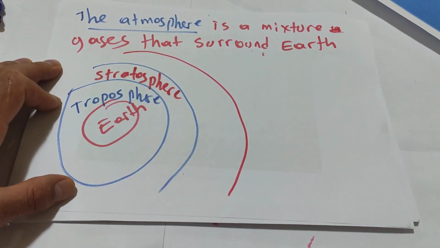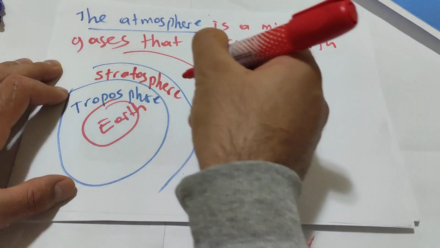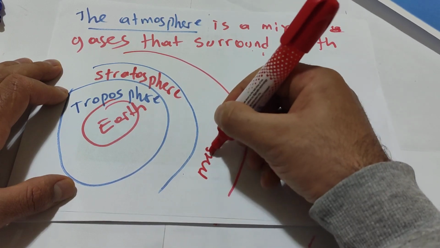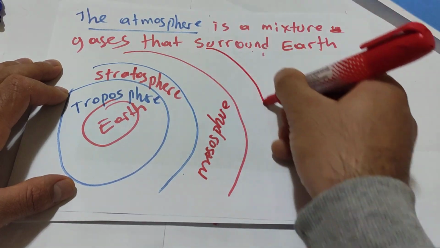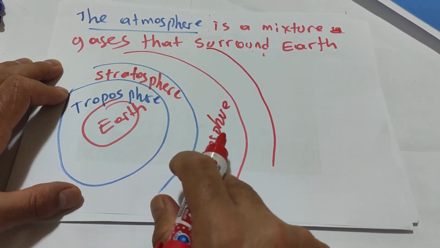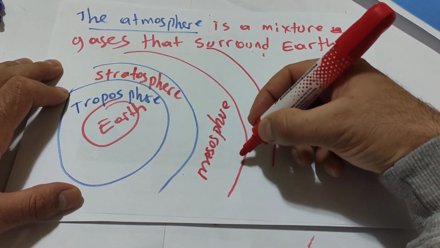Third layer, students, we call the mesosphere. Mesosphere is the coldest layer. Thermosphere, students,